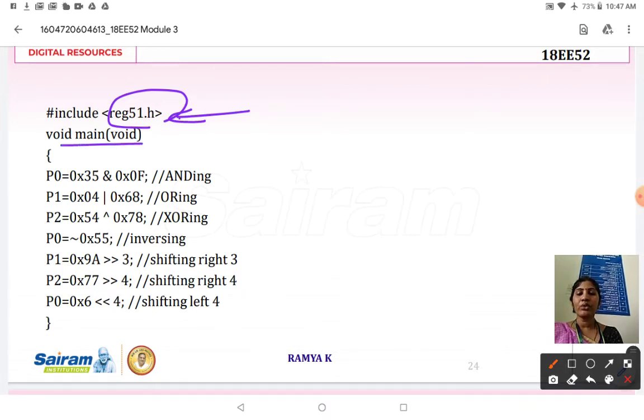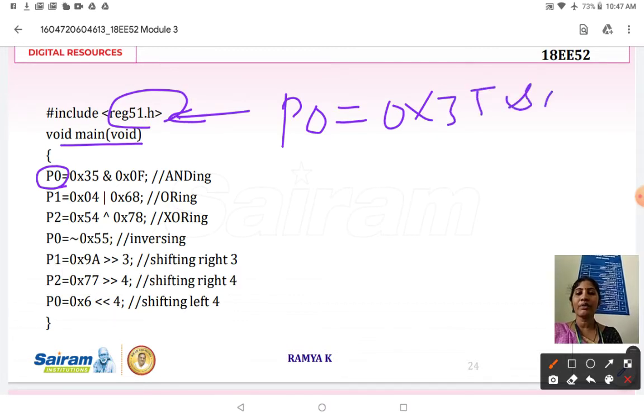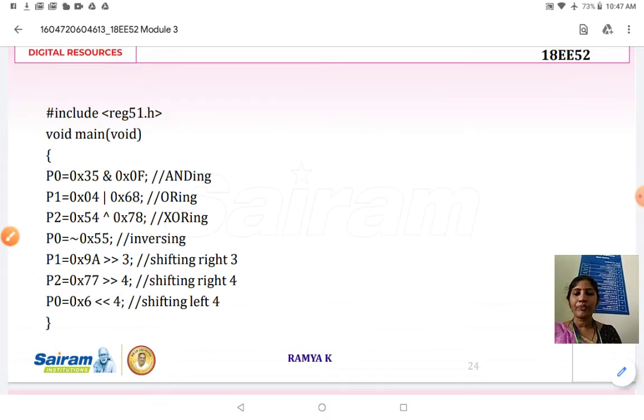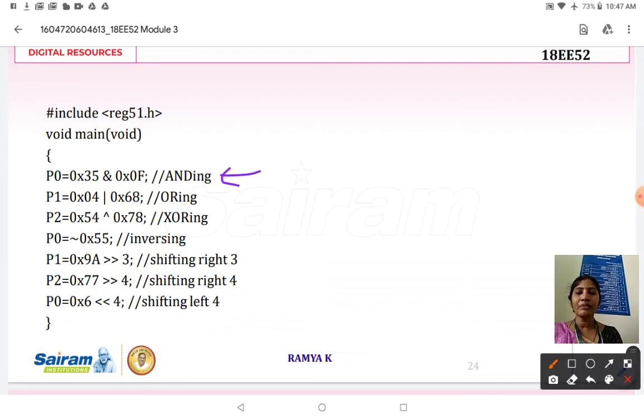Then we need to operate on numbers. I'm going to use port 0 to store my data. Port 0 will store 0x35 logically ANDed with 0x0F. After executing the first instruction, what is the data available?